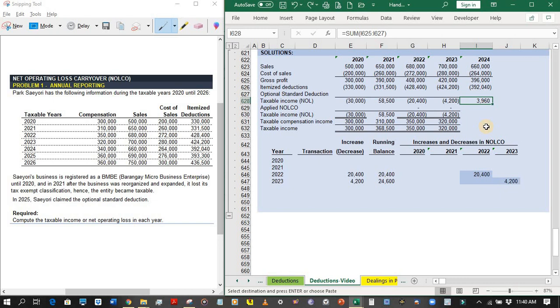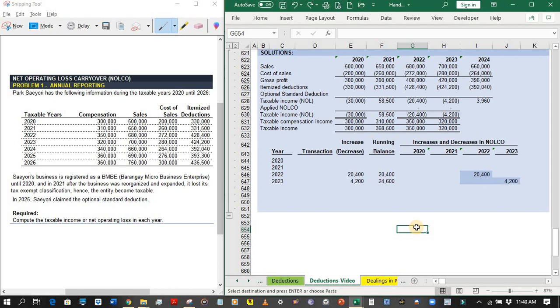So this time, this is a positive amount. So this is a taxable income. Since we have a remaining balance of 24,600 of NOLCO, is this allowed to be deducted against 3,960 pesos? Of course, the answer is yes, but only up to the extent of the taxable income before the application of NOLCO, which is